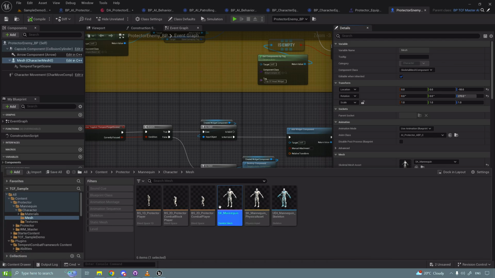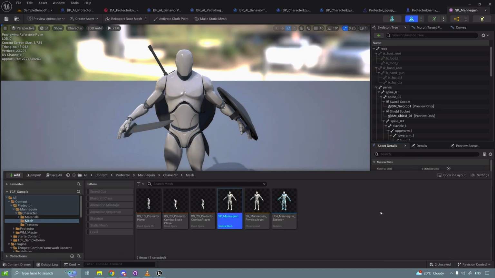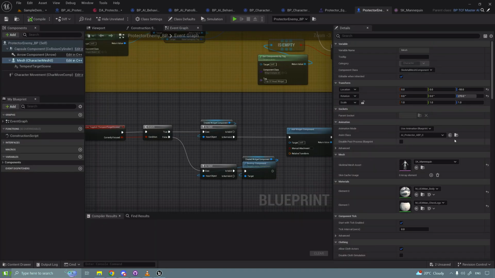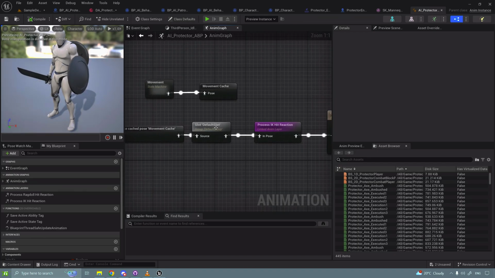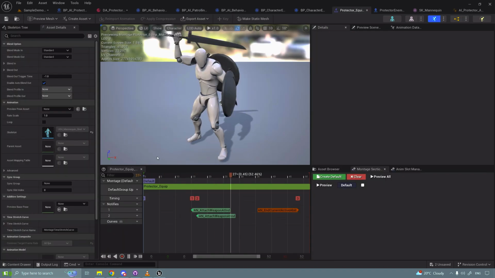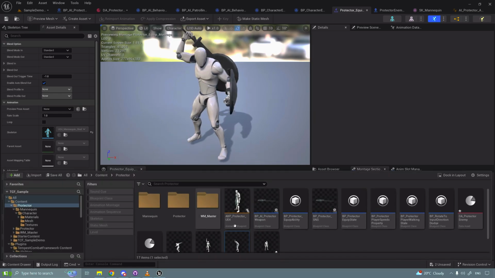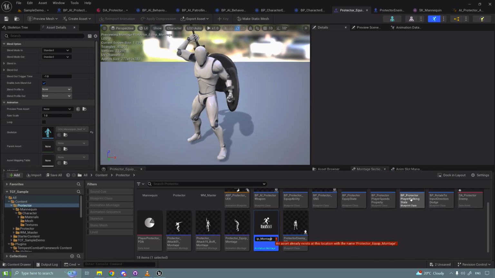It's using the one here, and for this one, we're using the exact same one. So the issue might be in the animation blueprint. If we take a look at that one, we have a default slot. Let's double make sure we're using the default slot, and surely it wasn't, it was upper body. So if you go here, duplicate this one, protector,